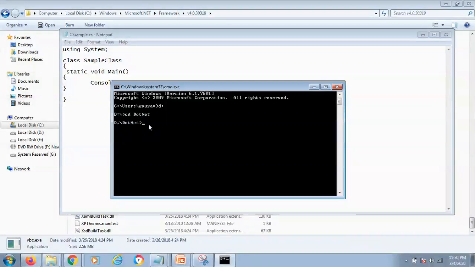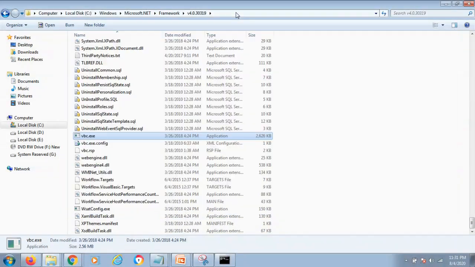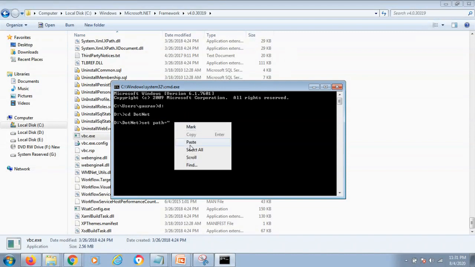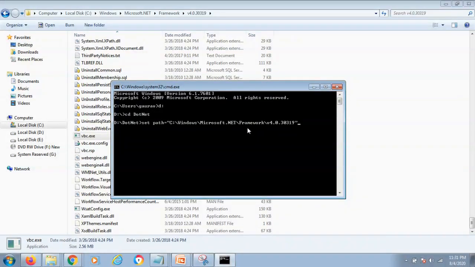Now first we need to set the path of that compiler. So we need to type that command. Let's copy the path and press enter. We are ready to use that framework to compile my CS file.